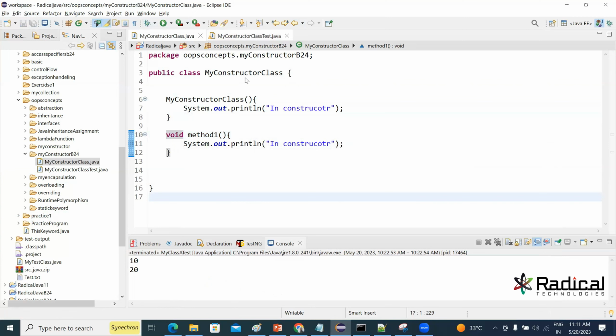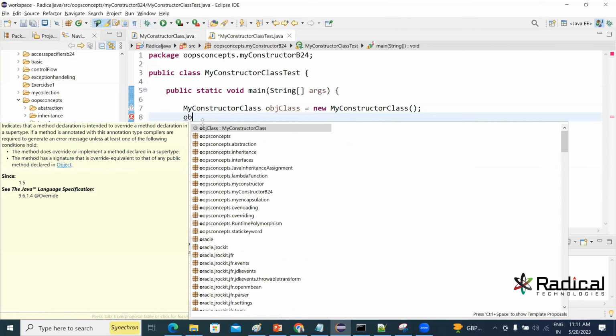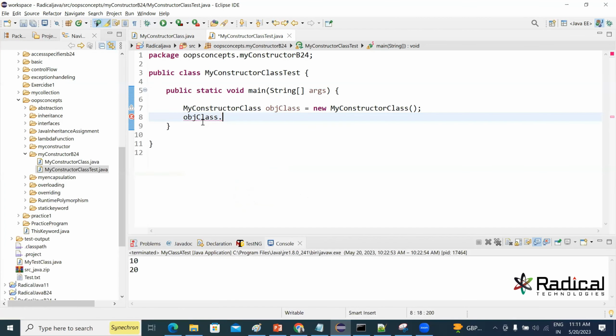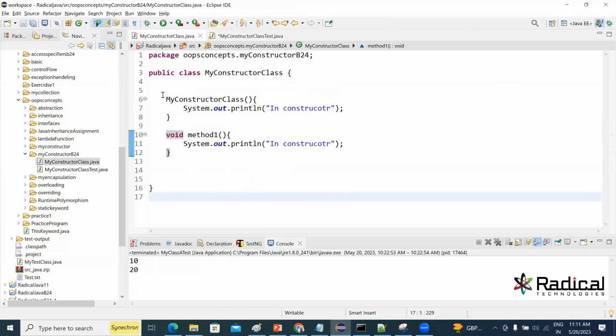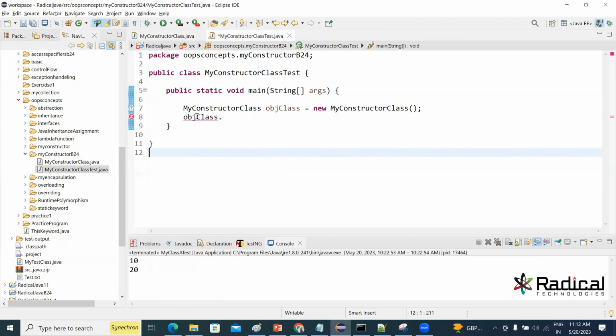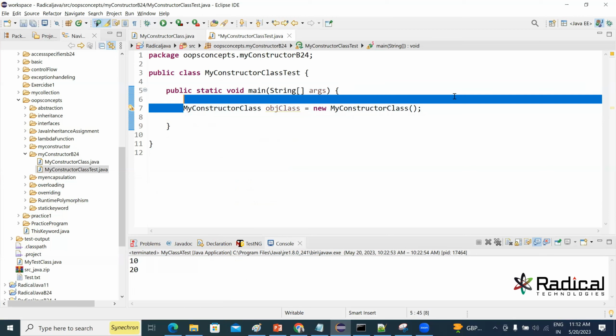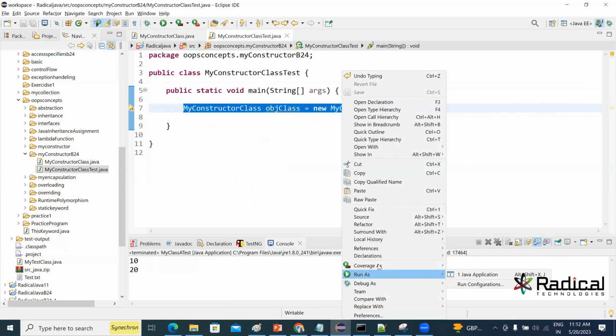ये मेथड यहाँ से टेस्ट में access होती है, obj class dot, ओके। सो ये मेथड access हो रही है, बट वो मेथड access नहीं हो रही है जो special type की मेथड है। और उधर लिखा है कि at the time of initialization, यही तो लाइन initialization है, let me run it। ये लाइन तो initialization है, can you see that in constructor,